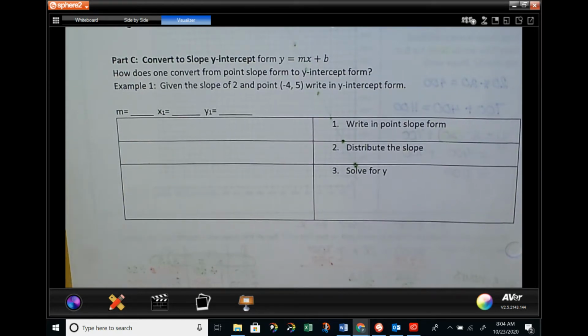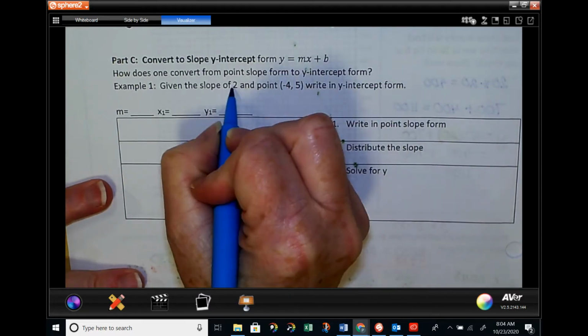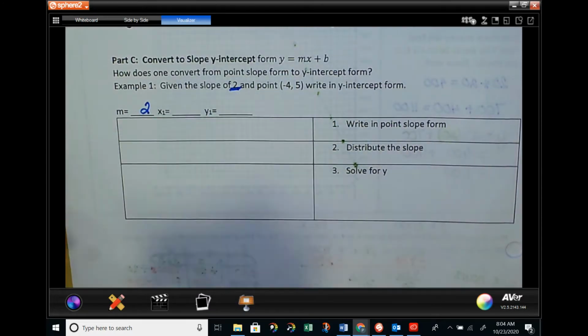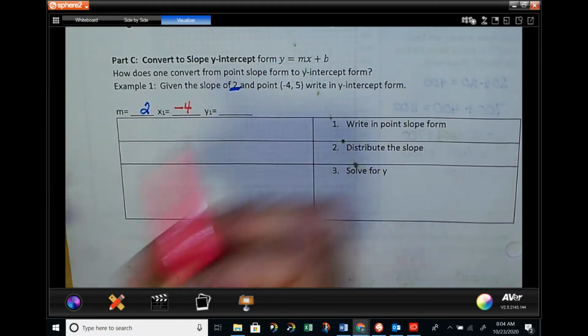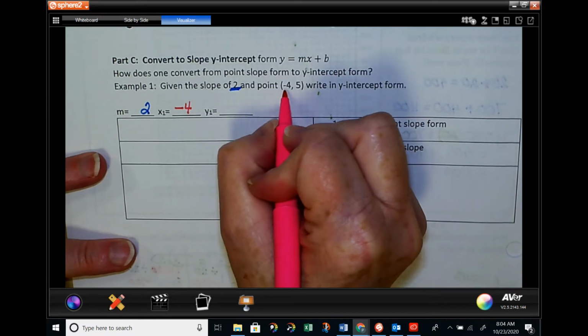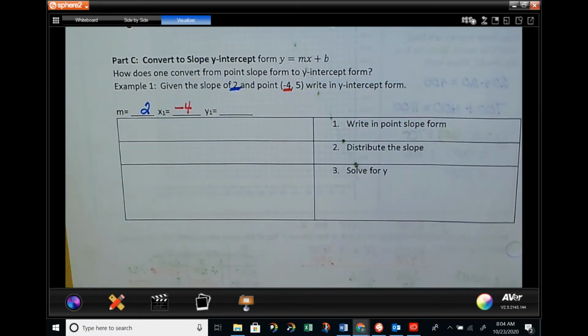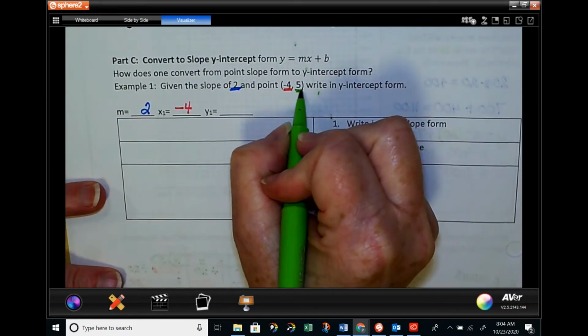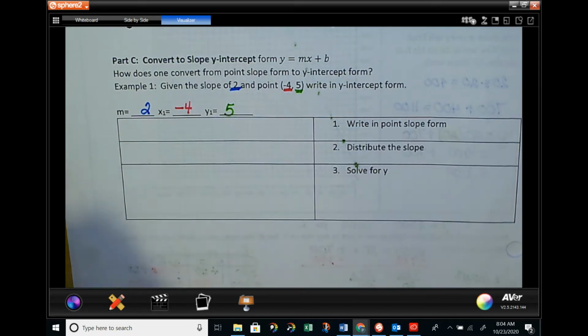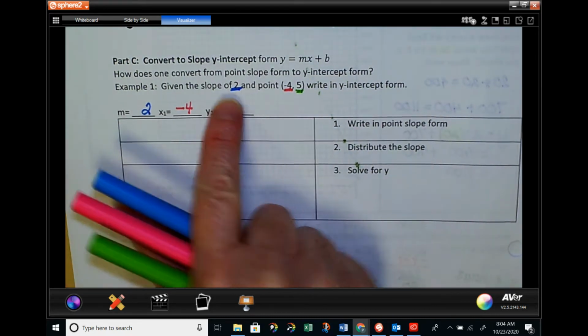So in this case, you've got your slope. So we have our slope to be 2, and we have our x value to be -4. And we've got, because that's our x value right there, -4. And then we have our y value of our point to be 5. So now we're going to convert that to y-intercept form, and I've given you the slope and I've given you